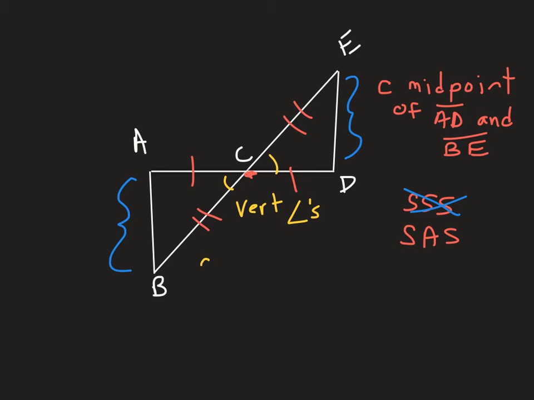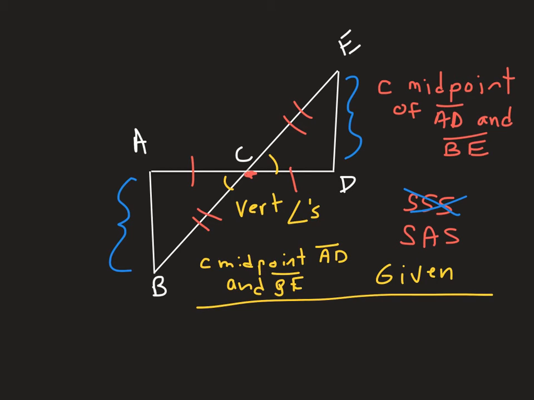So we're going to say C is the midpoint of AD and BE. Okay? And how do we know that? They told us. It was given. That's the first step. The next thing we're going to say is, if that's the midpoint, then I know that